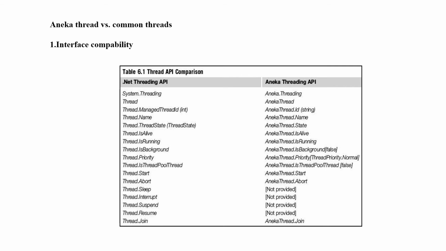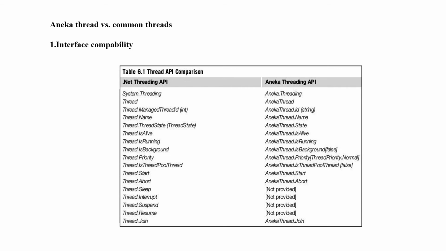The basic control operations for local threads, such as start and abort, have a direct mapping, while operations that involve the temporary interruption of thread execution have not been supported. The reasons for such a design decision are many. Firstly, use of the suspend or resume operation is generally a deprecated practice even for local threads, since the suspend interrupts the execution state of the thread abruptly.